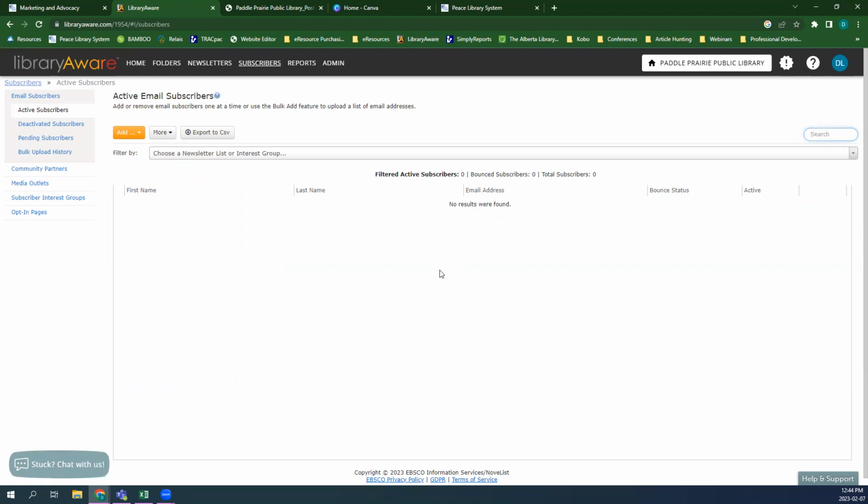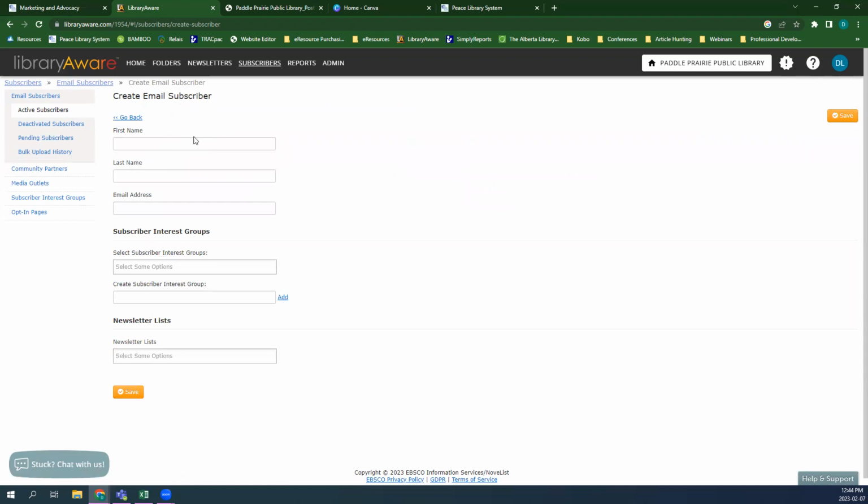Okay. And if we had any, we don't, but if we did, we would have a whole list of everyone who's been added to any one of our newsletter lists. Now, to add subscribers, we're going to hit this orange add button, and it gives us the option to add a single or by bulk. Bulk usually entails some sort of a metadata file that you have to insert. So to keep things simple, we're just going to keep it to single subscriber. You'd enter in their first name, their last name, their email address,